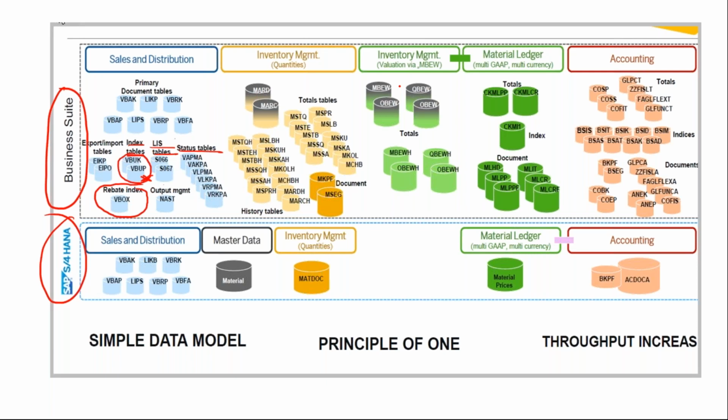Accounting, again, when I talk about the FI side, so many tables have been downsized to a couple of tables. BKPF retained it, and ACDOCA. Rest all tables have been eliminated, be it your open items for the vendor, closed items for the vendor, open items for the customer, closed items for the customer, plus all your costing tables. All these tables, again, as I said, have been retained as views, and that will be accessing your ACDOCA table. That is where the simplification in terms of the table-wise details has been created.